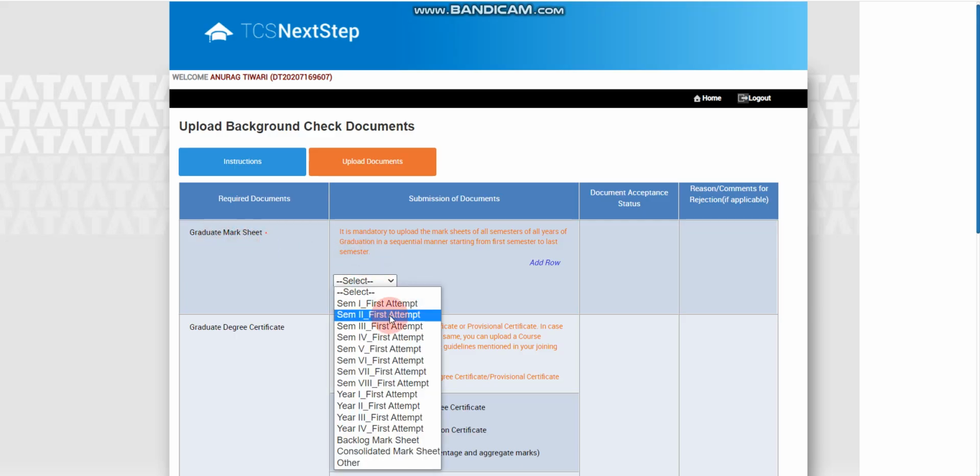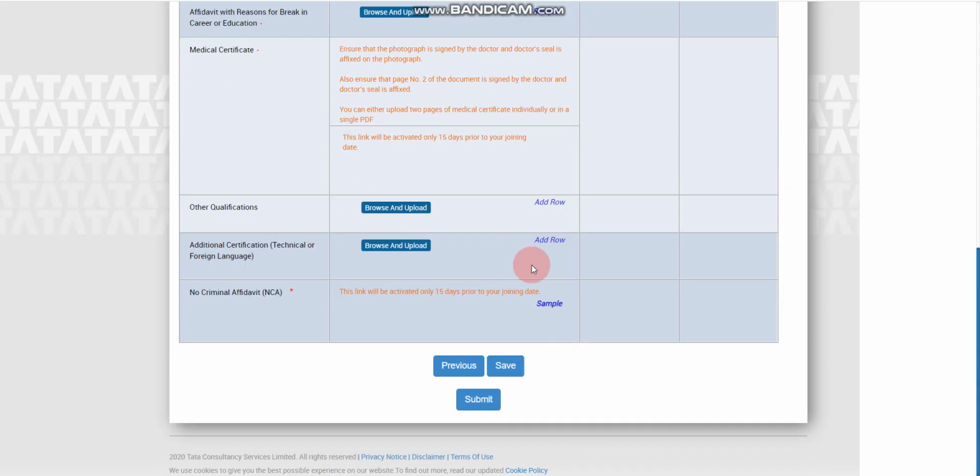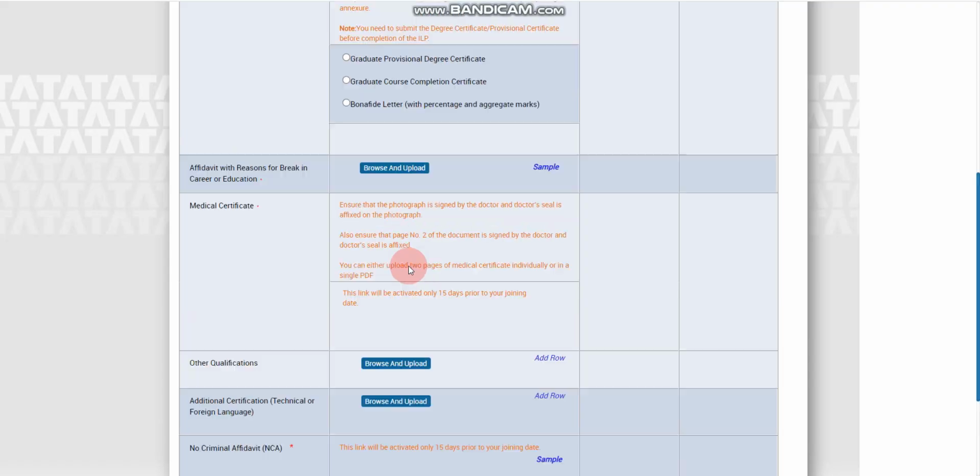Select here first semester mark sheet, second semester, all the things. So you have to fill all the details. Basically this is the background check. So the next step is to complete your background check, because this is a really very important thing, really very important step for TCS. Without background check you can't join TCS.